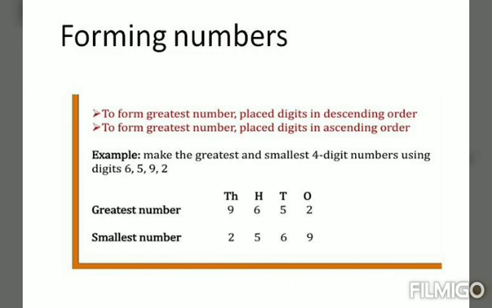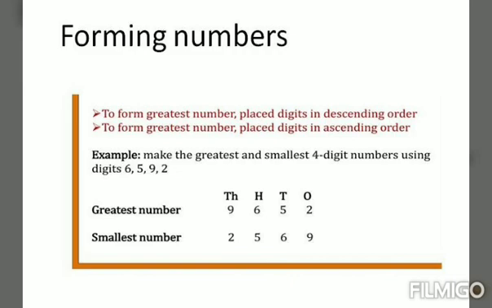Okay, here we have an example. Make the greatest and the smallest 4-digit number using the digits 6, 5, 9, 2. Let us form the greatest and the smallest number. The rule is, to form the greatest number, we have to arrange the digits in descending order. 6, 5, 9, 2 are the given digits. In this, 9 is the greatest, next greatest 6, next 5, next 2. So we have to form a 4-digit number, so we consider 4 places: ones, tens, hundreds and thousands. Let us arrange them in the particular places,